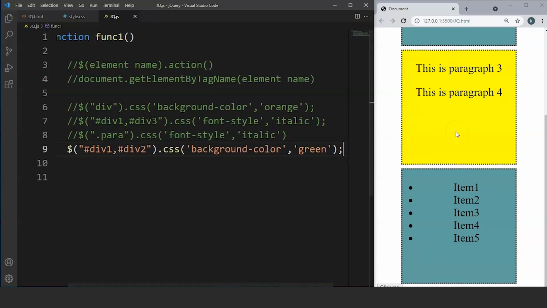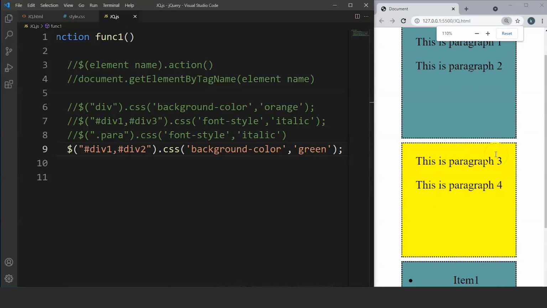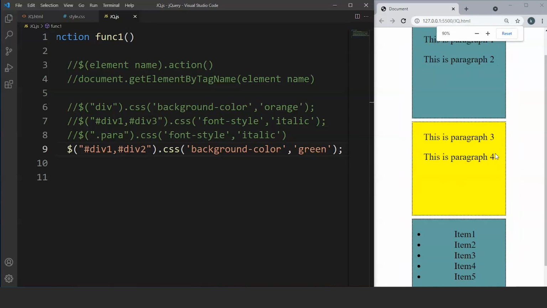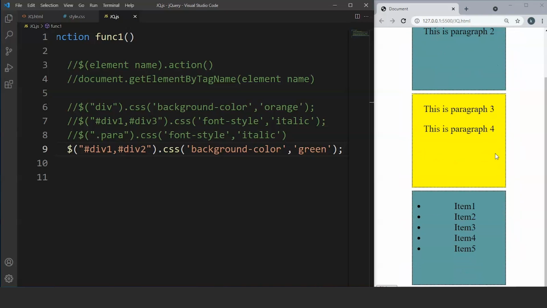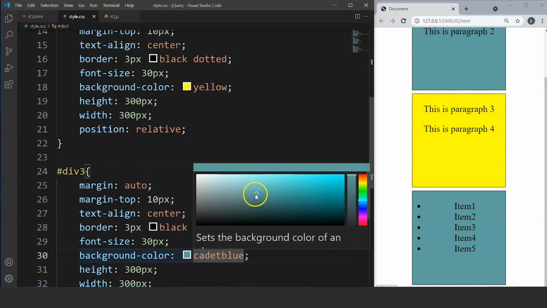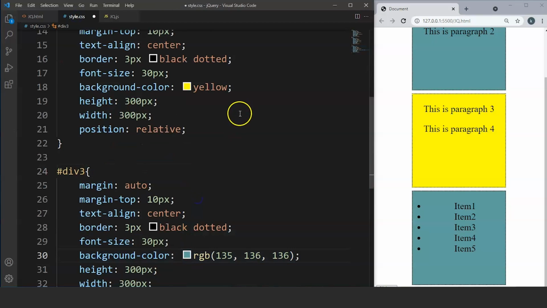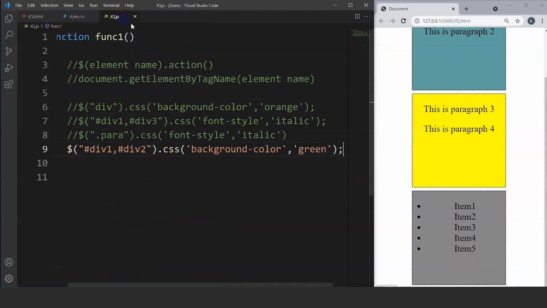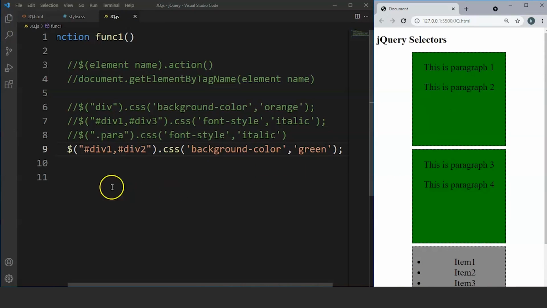Save it and click on the button over the browser. So what we'll do is we'll reduce the size a little bit so that both the containers are visible. So you can see the first and the third containers have same colors over here. So let me first change the color of the third container. We'll go here and we'll change the color to, let's say, gray. Fine, save it. And you can see all these three containers has different colors. So what we'll do is we'll save this piece of code and we'll click on this click me button. And you can see the containers with ID 1 and ID 2, the color is changed to green.